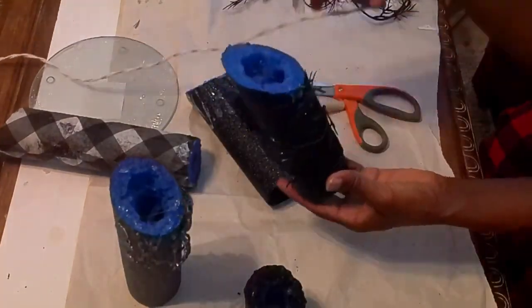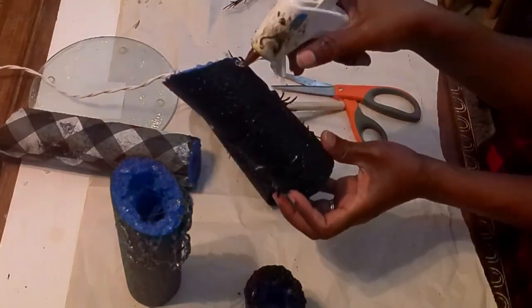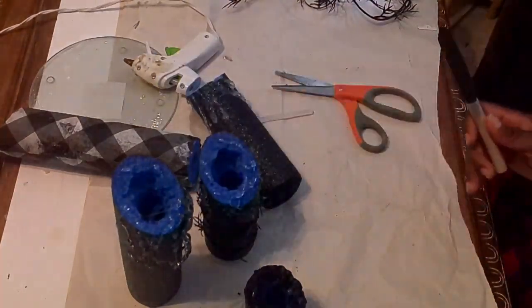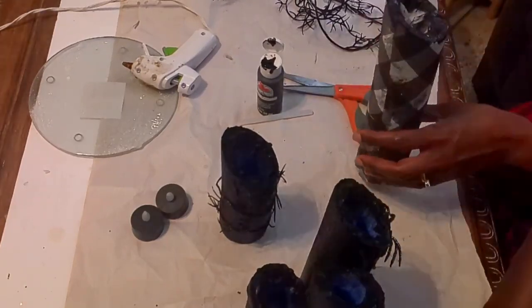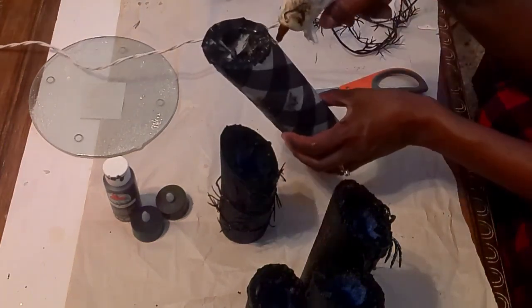So here I am just adding the glue to all of the tops of the pool noodles and having it run down, and I'm also going to do it on the one that I decoupaged the napkin on. And then I'm just going to add the black paint to everything just to make sure everything looks the same at the top, and then I'm going to go back and I will add all of the LED candles from